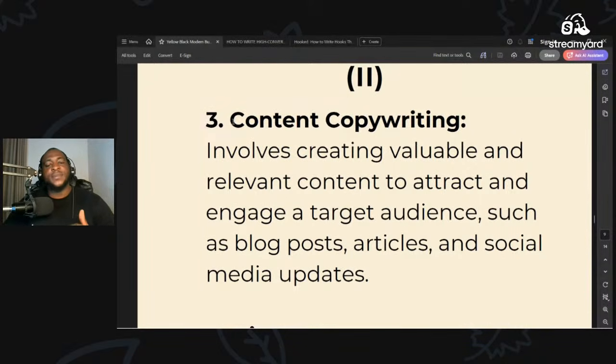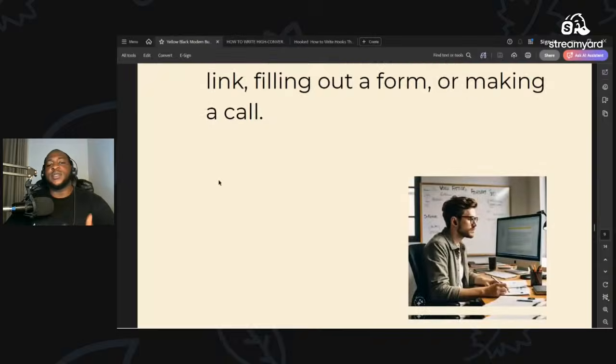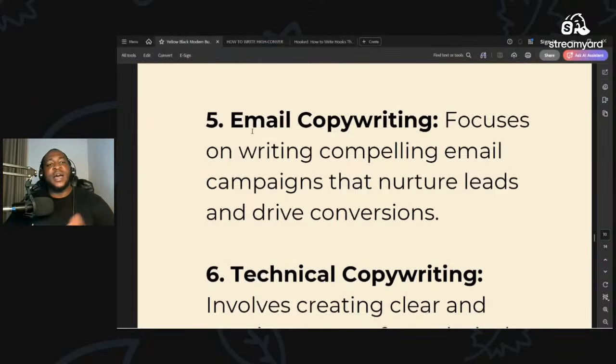But with content, you're probably giving them everything. You're probably giving them all the value in that content. Most YouTubers use the value. I'm a YouTuber as well. So if I want to do content copywriting, my goal is just to give you consistent value and use copywriting to continue making you listen, right? Understand? With that, we have email copywriting.